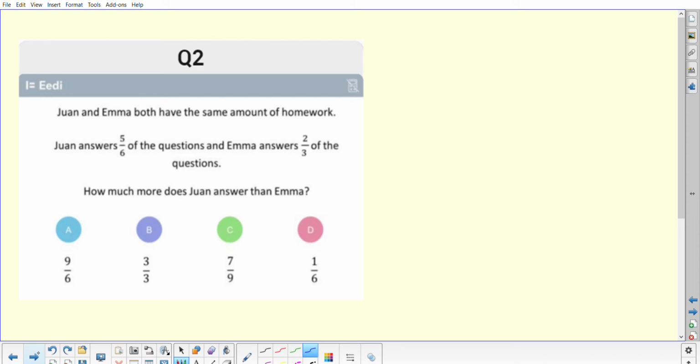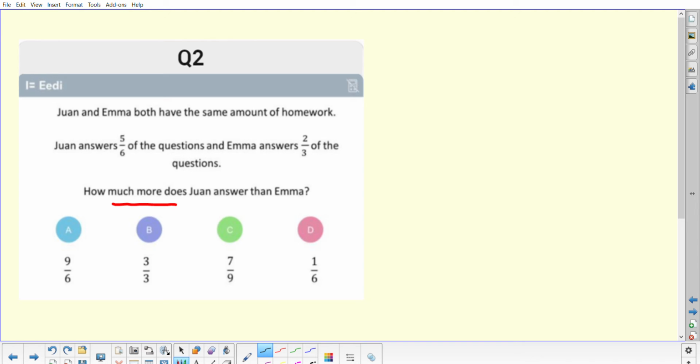With question 2, right, Joanne and Emma both have the same amount of homework. Joanne answers 5/6 of the questions and Emma answers 2/3 of the questions. And the key phrase here is: how much more does Joanne answer than Emma? Now if it was whole numbers, think about what you would do. If somebody answers 10 questions and somebody else answers 6, and you're asking how much more does one person answer than the other,